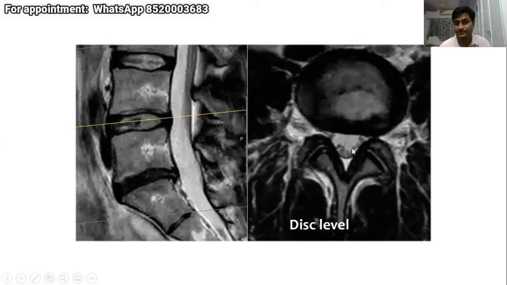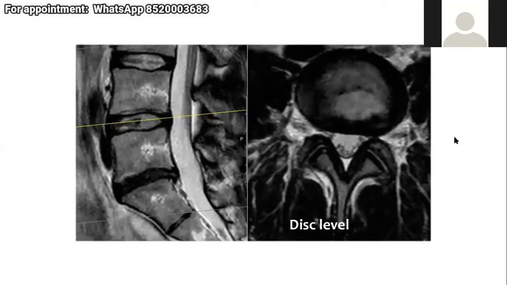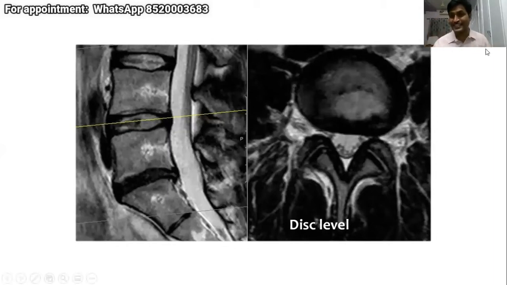This patient, bilateral or unilateral? More on one side and less on the other, but both, bilateral. Which side is it more, right or left? Sir, left. Yeah, fine. Your right is left for the scan, so you will have to reverse it. So this patient has more on the left side. Right. So this patient has left canal stenosis.